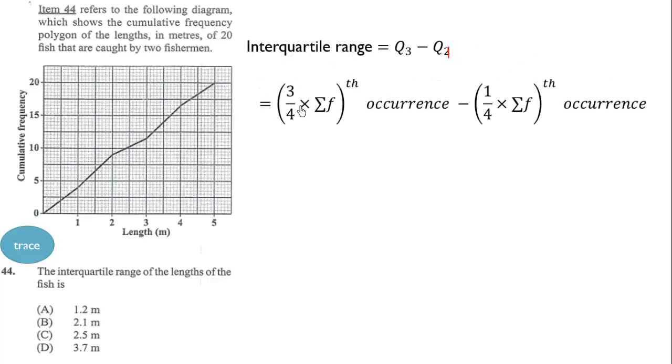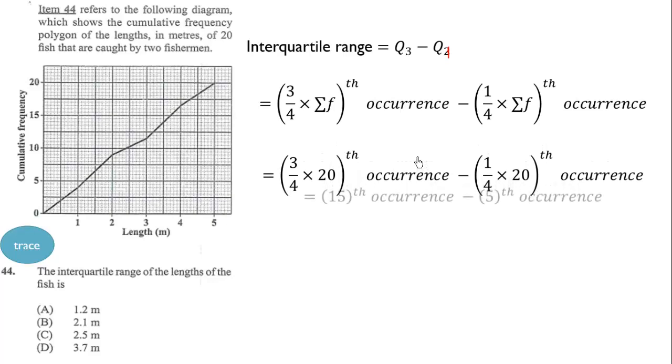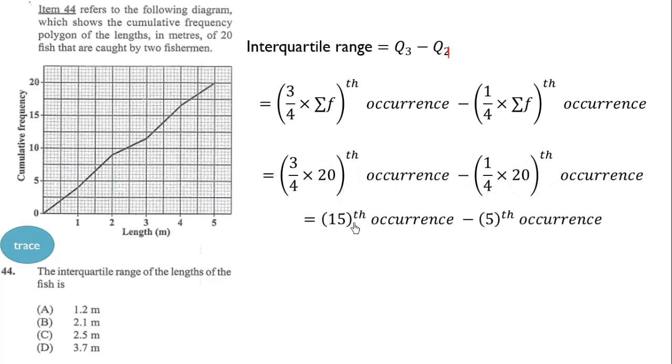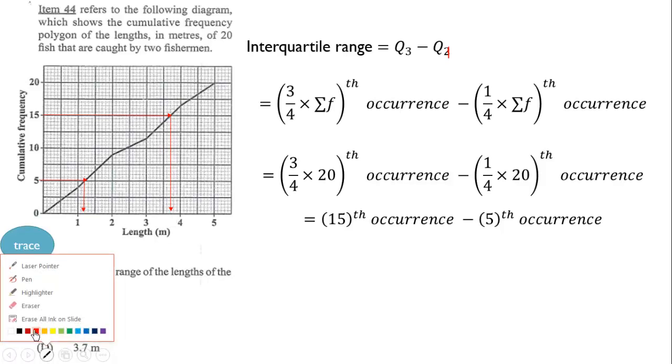Now let's go. We have 3/4 of the total frequency minus 1/4 of the total frequency, the value that is corresponding to them. So the total frequency is 20, and 3/4 is the 15th occurrence, then 1/4 is the 5th occurrence. So we now come to our graph and trace. So tracing this, we have the 15th occurrence corresponding to this value here, which is